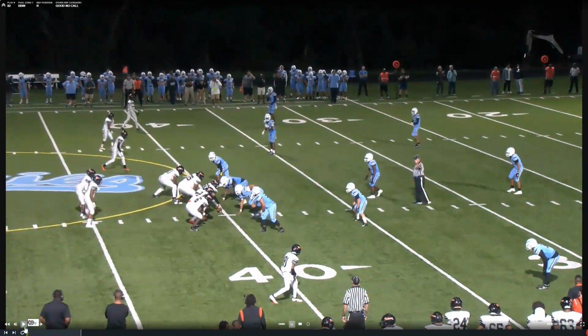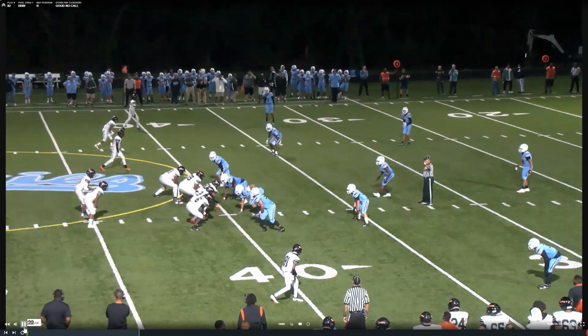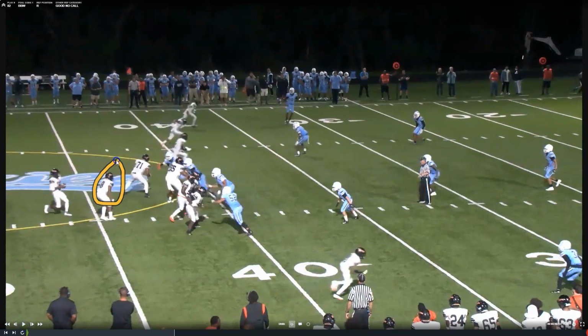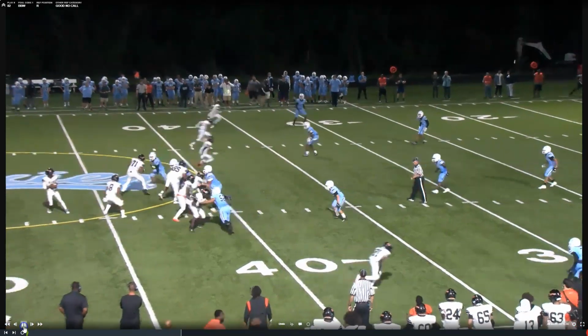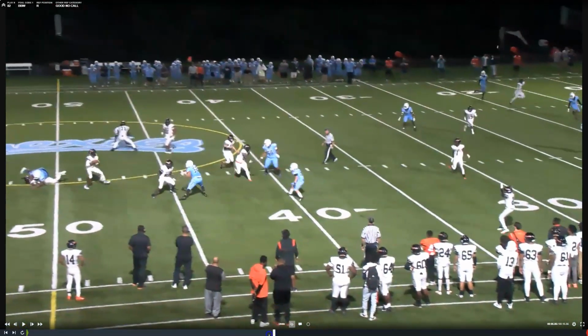Block below the waist, this is the last play, and this is a great job by this referee not to call blocking below the waist. And I'm going to tell you, I want you to watch this play, and I want you to imagine that you came to this play late. So the running back number 8 is the person we're watching. If we come to it late, we see it right there, right? We see